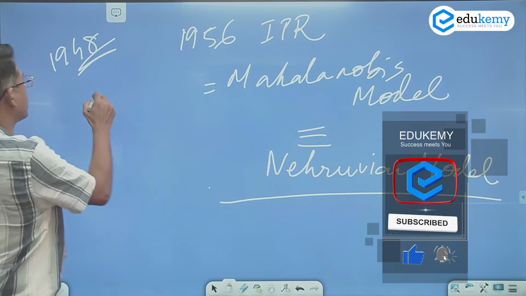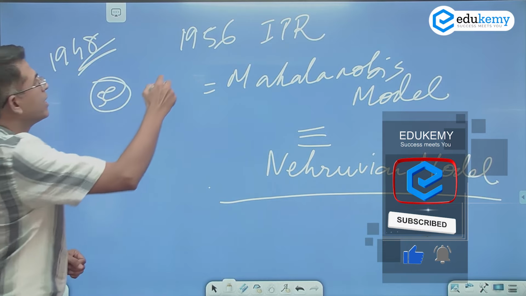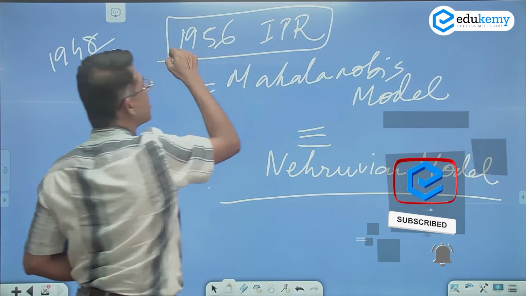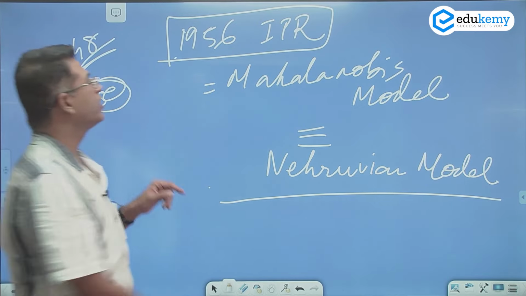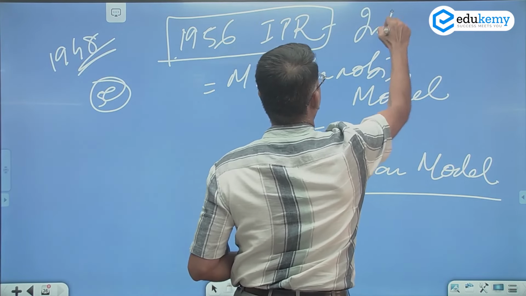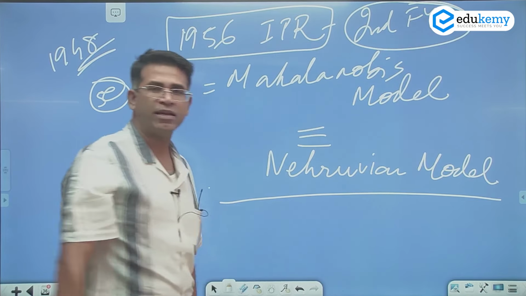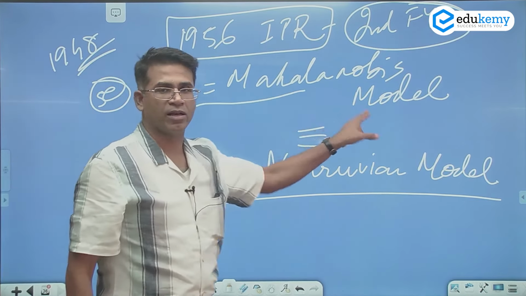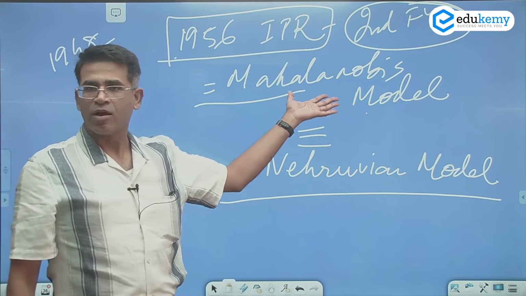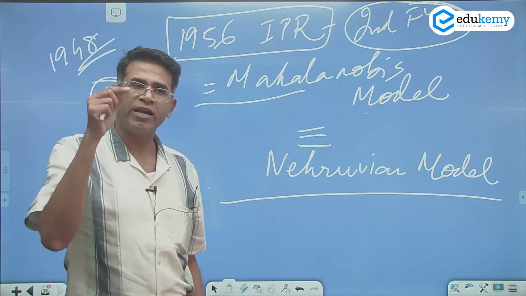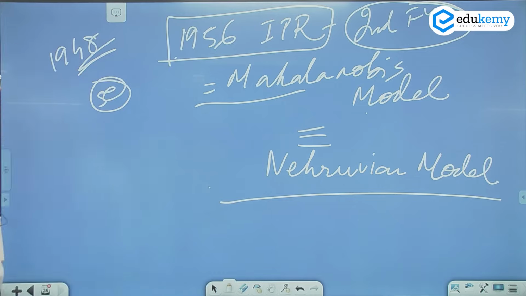Okay, but from the 50s onwards we start planning, and this was the important planning. This was your second 5-year plan. So from the second 5-year plan, the Mahalanobis model, I'm sure you've heard this term, yes, sir. Also called the Nehruvian model, it used the growth pole concept. What does this model tell us?